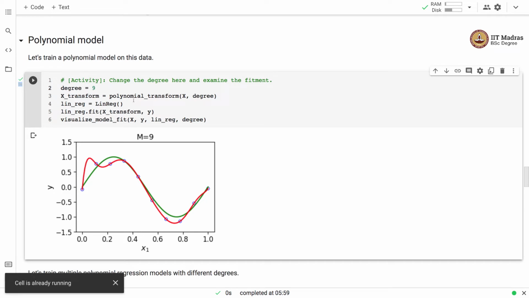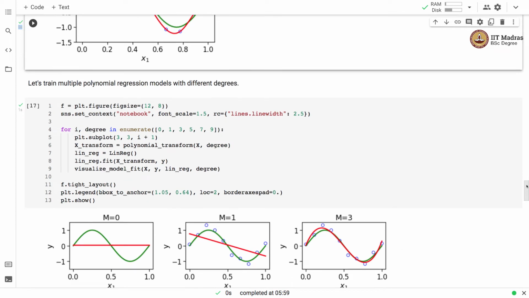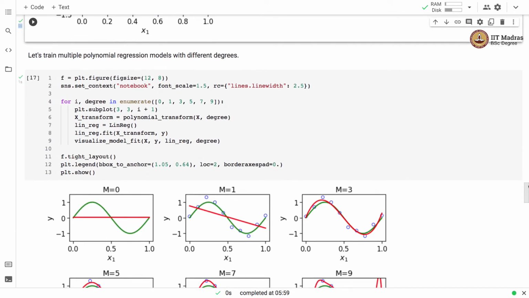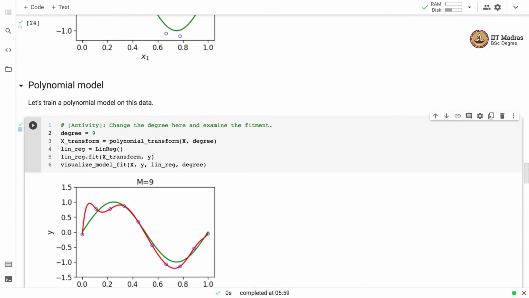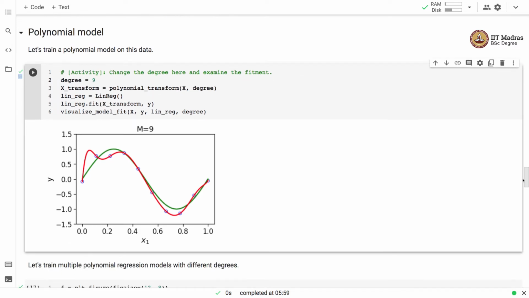So again, it is very simple. We first apply a polynomial transformation of the desired degree, or of the desired order, and then apply linear regression to learn the relationship between the input and the output. Now we actually experimented with a few degrees. We changed degrees over here and examined the fitment. Let's look at this